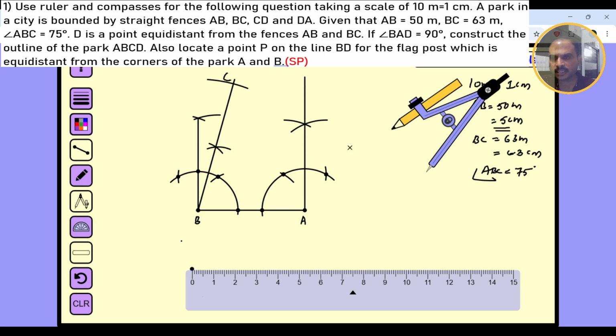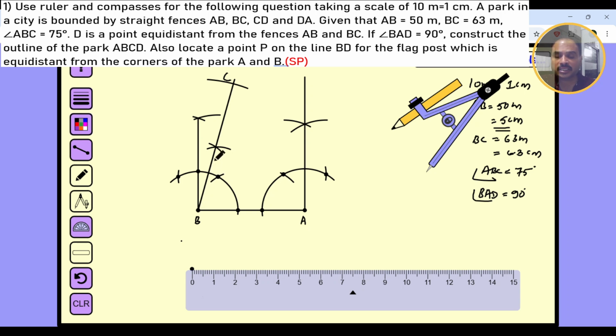Since they are telling you that angle BAD is 90 degree, BAD is equal to 90 degree. You can see the question. So now what they're asking you is D is equidistant from the fences AB and BC. See now D is somewhere on this line, AB is this, BC is this, D is somewhere on the